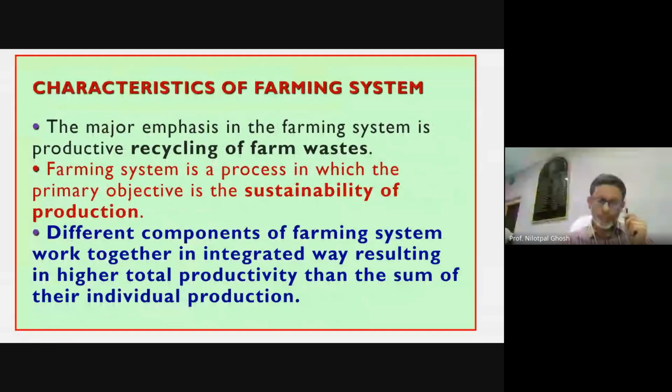And the major emphasis in the farming system is recycling of farm waste, with the target of sustainability of production. Different components of the farming system work together. It is not that waste is kept for several months or years and used in agricultural production later. The waste of one enterprise is used in another enterprise at the same time. Waste is produced and instantly used in another system. In this way, these are